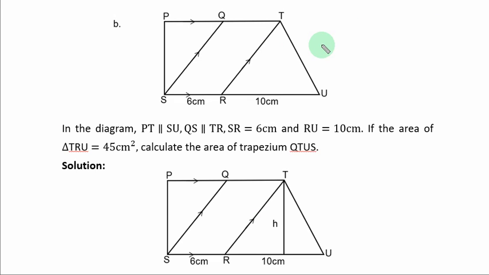Question 3b. In the diagram, PT is parallel to SU, QS parallel to T arrow, S arrow is 6 cm, RU 10 cm. If the area of triangle TRU is 45 square centimeters, calculate the area of trapezium